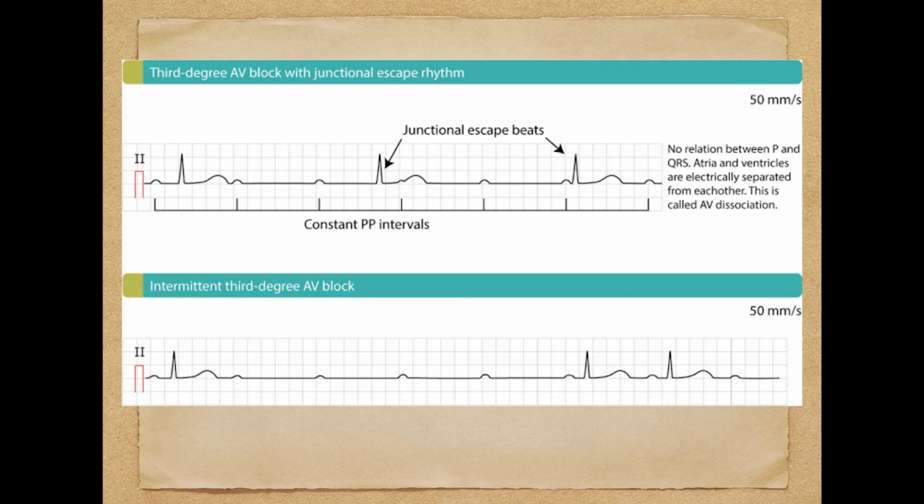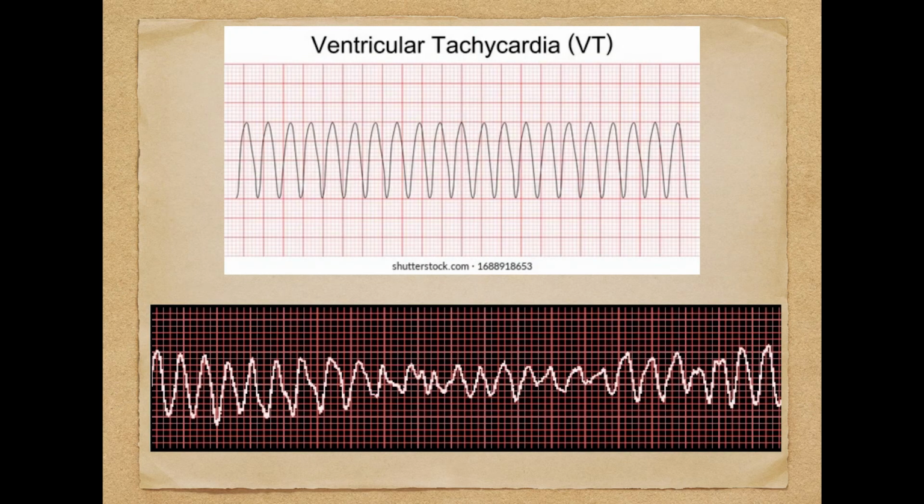The next is a third degree AV block, that is a complete block or a high degree AV block. Very commonly you can see only the P waves in this, and intermittently you just see one QRS complex. This is called a third degree AV block. It can be intermittent, or it can be a permanent third degree AV block.